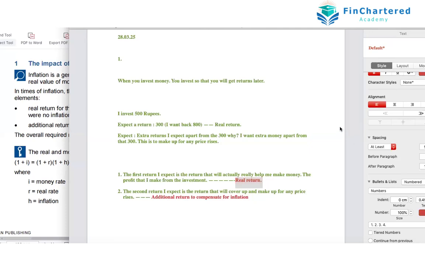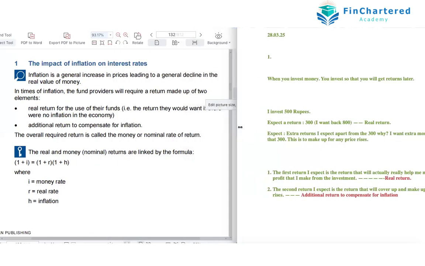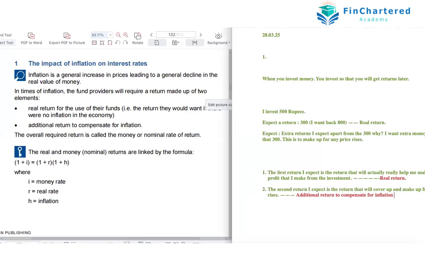Yes, you can. Inflation cover up profit could be a little misleading, but it's basically the money that is needed. The return, inflation cover up return. The return to cover up your inflation. Yes, Ketu, that's right. But use the word return. The return to cover up your inflation. And therefore, again,